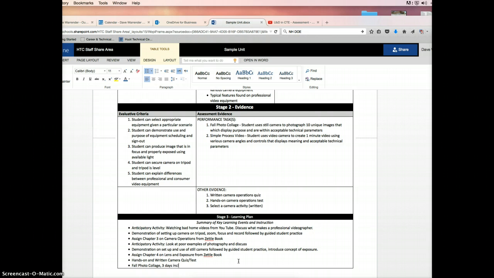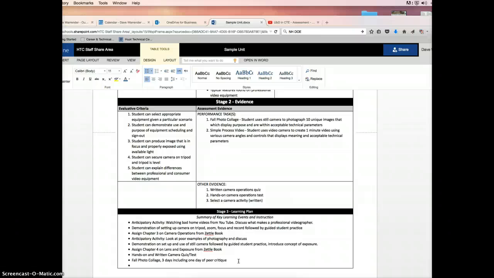3 days, including 1 day of peer critique. So we're going to do 2 days of production and 1 day of critiquing. And then what I might do to break things up is I would probably go through and do my camera selection activity,